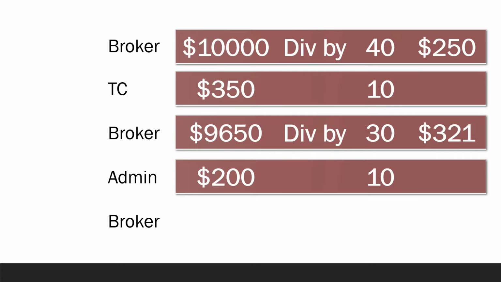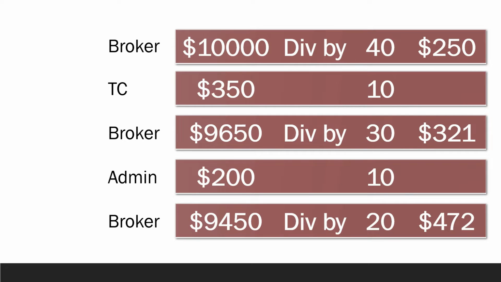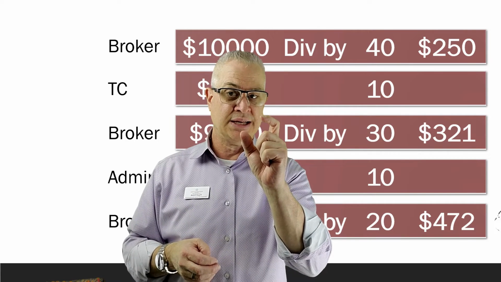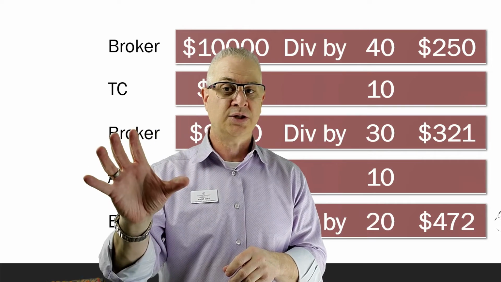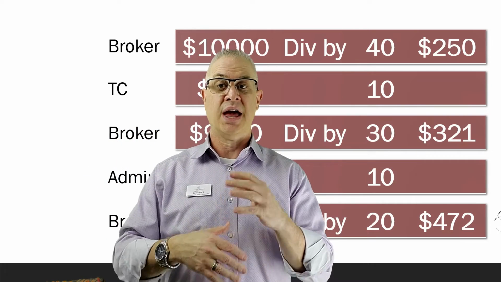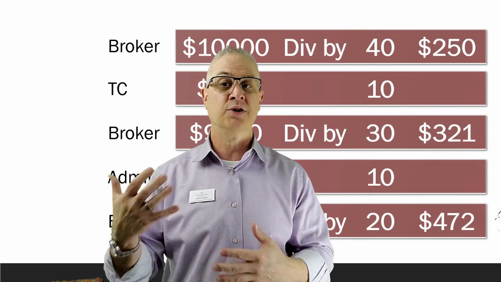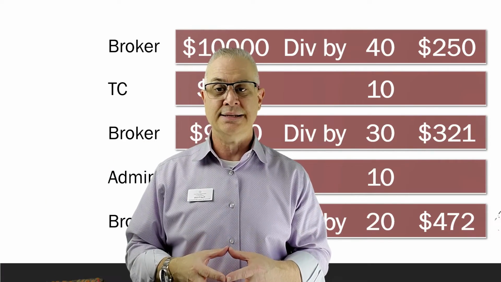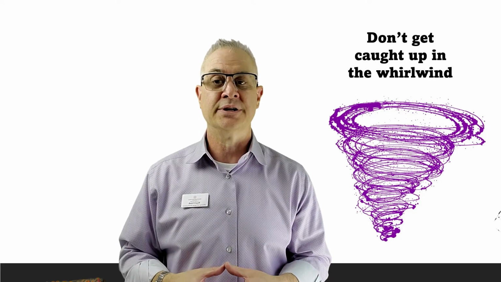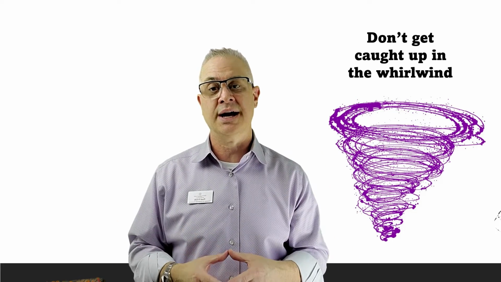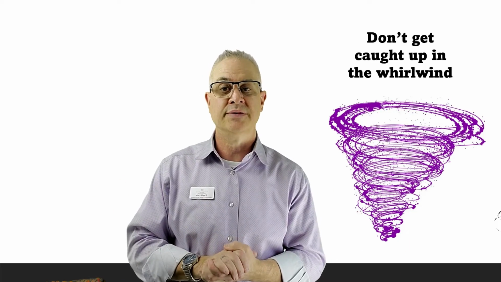Now, if we have an admin or administrative assistant and we give them another 10 hours, that's only $200. Now we're earning $94.50, although we're only putting 20 hours into that transaction. Now we're making $472 an hour on that transaction. So we want to translate that 472 hours into lead generation and creating a rapport and creating a relationship with our clients instead of filling out a flyer for your clients or filling out a cover sheet for your clients. That doesn't generate you 472 hours.